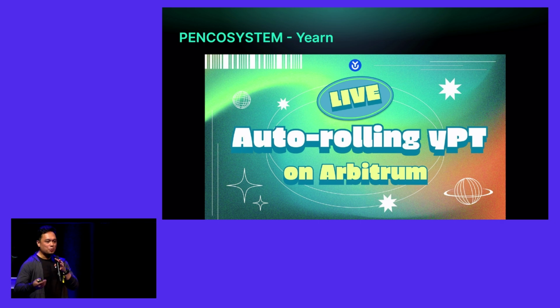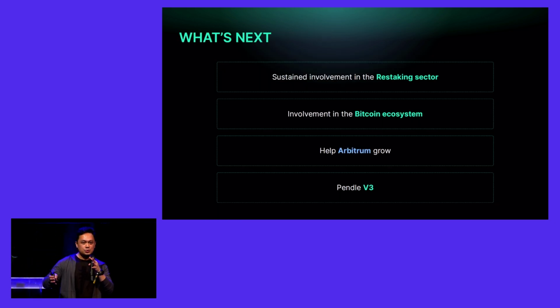So in summary, and this is the last one, by the way, there is a slew of different protocols out there which you can take advantage of and use your Pendle assets, right? So what's next for us? For us, just beyond points, we're all about helping grow this ecosystem. On Arbitrum, in the same way that we've been a beneficiary to the growth of GMX, Camelot, and other blue chip protocols on Arbitrum, we would want to do the same for other protocols in Arbitrum that would want to gain some form of traction.